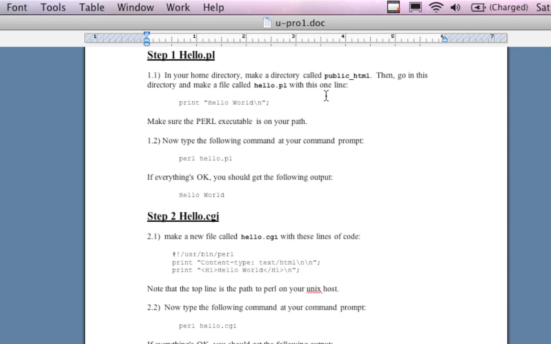From some server, there's a public HTML directory. It's usually divided out for users, and then you have domain names that go to each one of the IP addresses that are associated with each one of the locations on the directory tree that's associated with your subsection of this public HTML directory. So you're going to create a file, and the file is going to be called hello.pl,